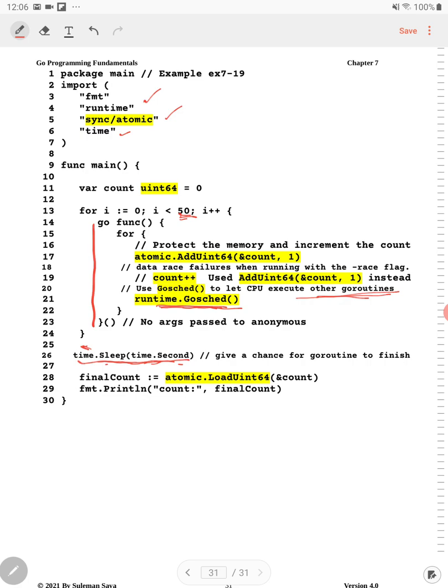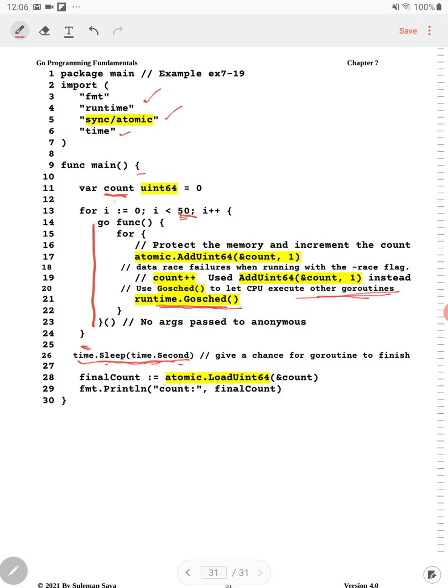They will all be stopped because the main goroutine will terminate a little earlier, and it will stop all these 50 goroutines right away, even though they didn't get a chance to finish. So in this case, starting from this main entry point function, the very first thing we do is